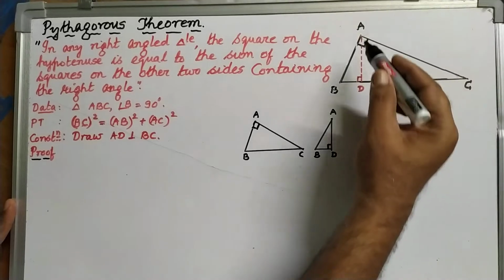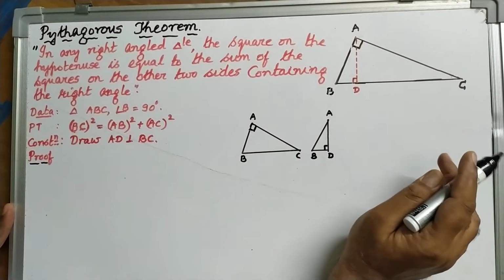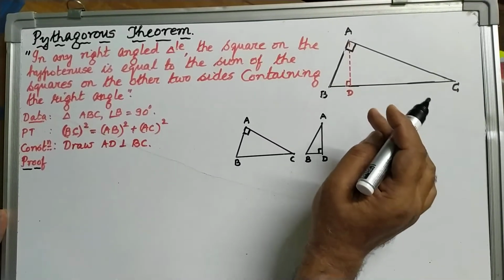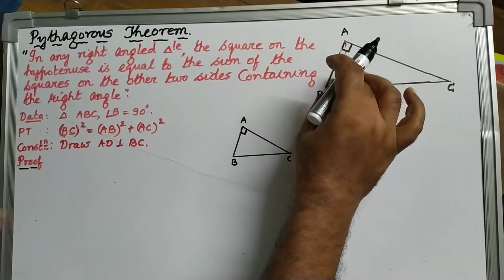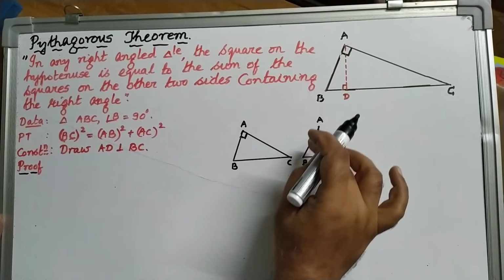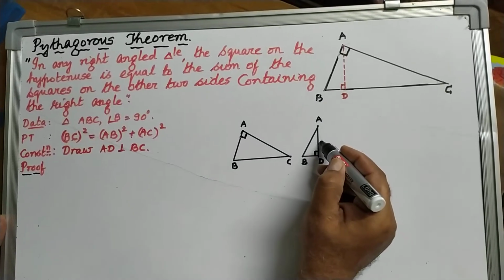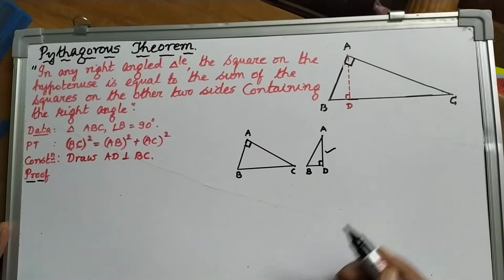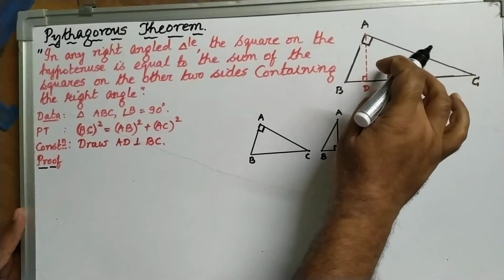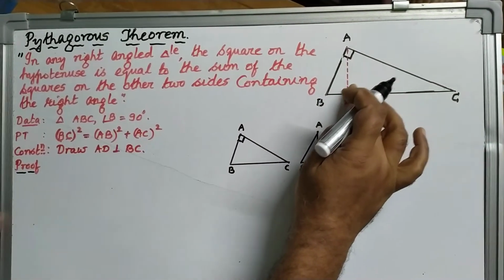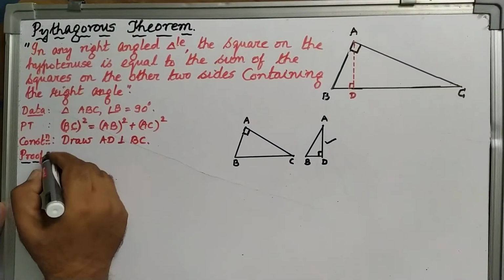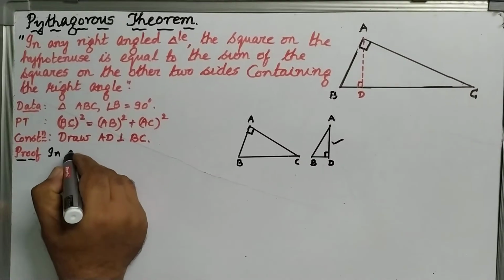If I imagine this figure to be a small puzzle, and as on a smart board, I am able to drag this triangle ABD outside and place it here, I have dragged that small triangle ABD outside. Angle D will be the right angle. And I am dragging this bigger triangle ABC and placing it here. Now, in triangles